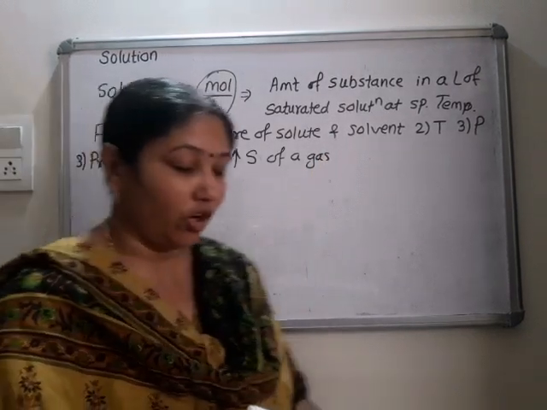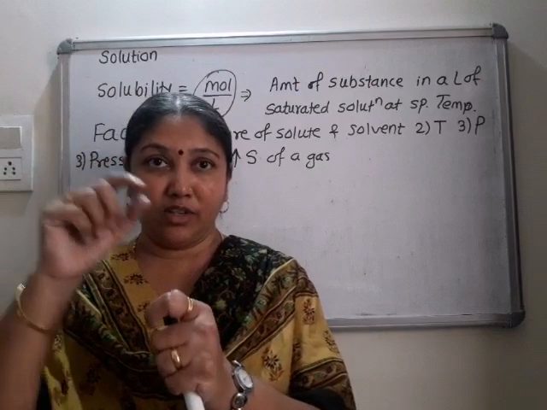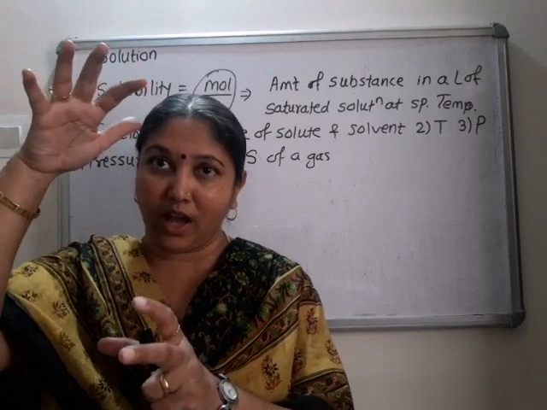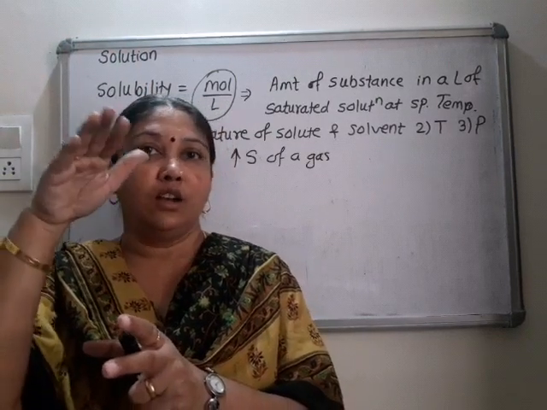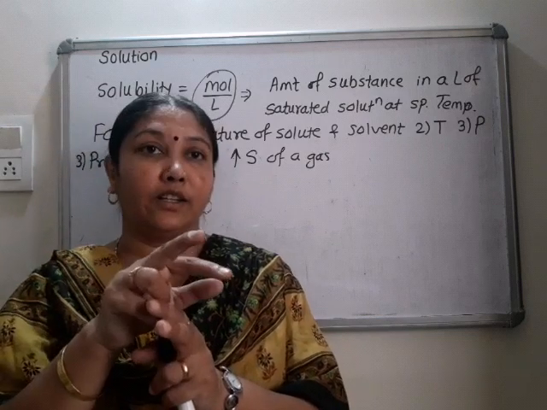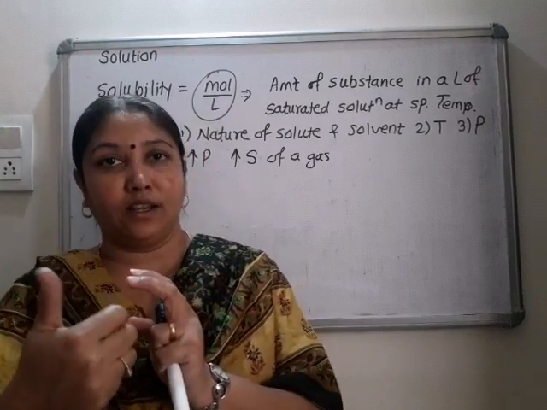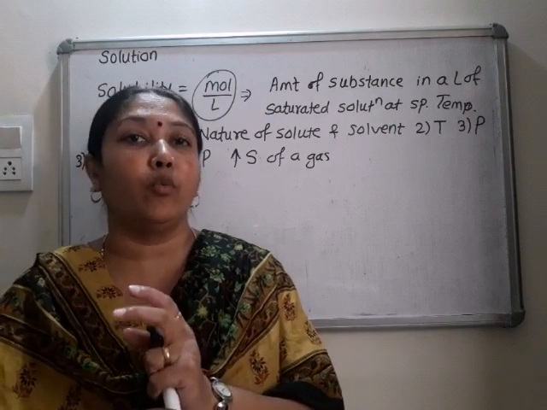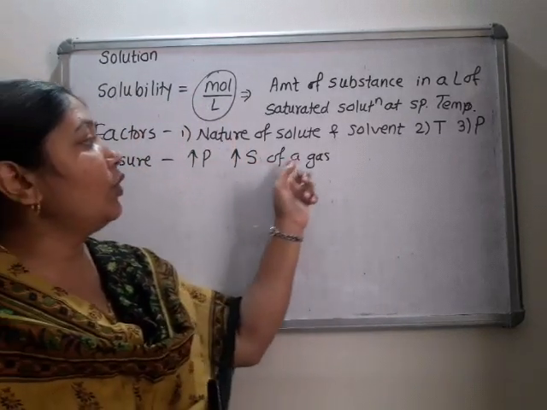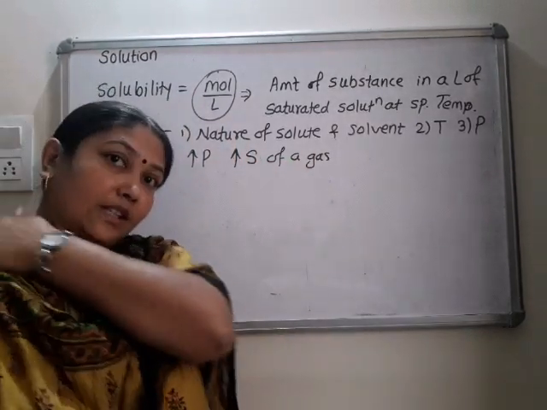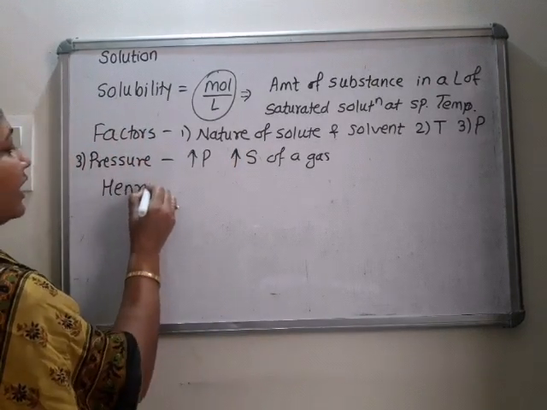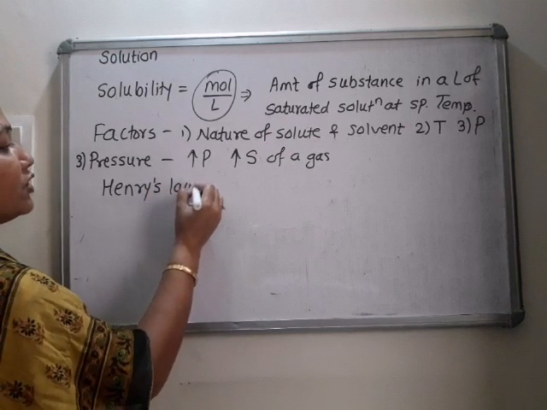Okay. Your cold drink bottle. Before sealing that bottle, what is done? Water and CO2 mixed together are used to pressurize the cold drink bottle, so that CO2 remains in the dissolved state, and then it is sealed. So when we open that seal, excess CO2 comes out in the form of effervescence. Is this clear? So the higher the pressure, the more is the solubility of the gas. This is explained by a scientist known as Henry, which is called Henry's law.